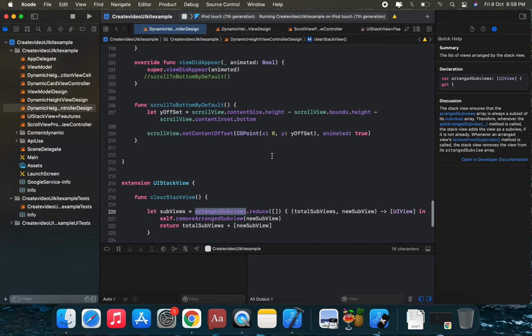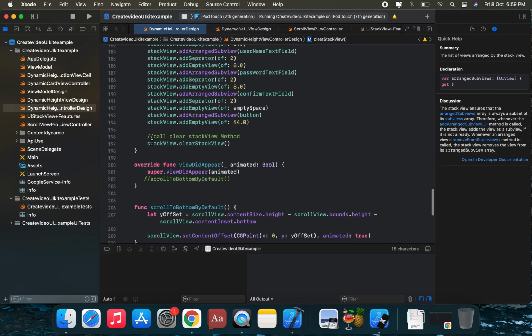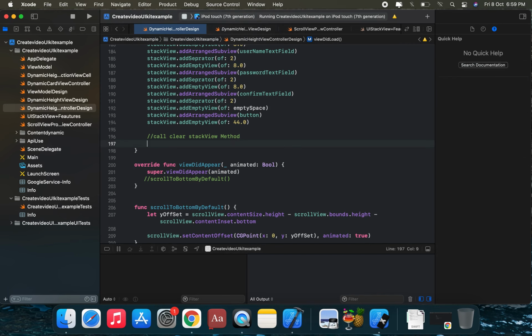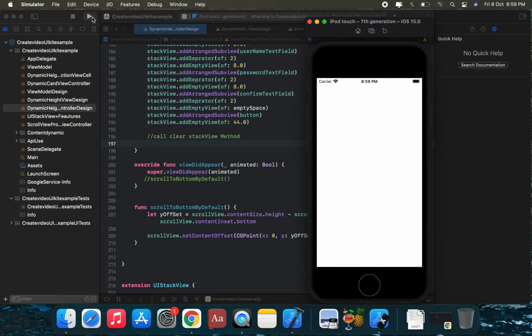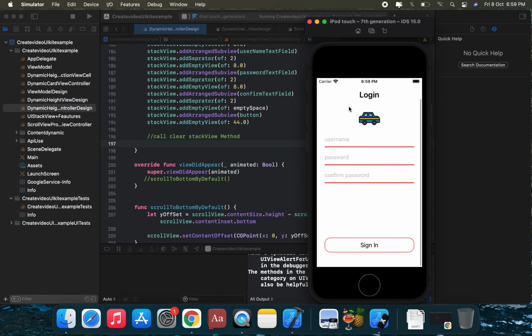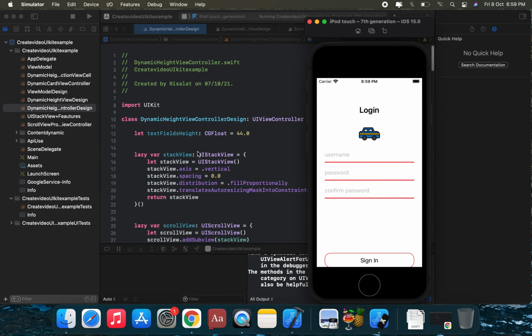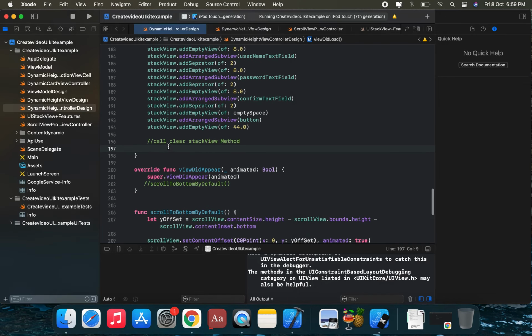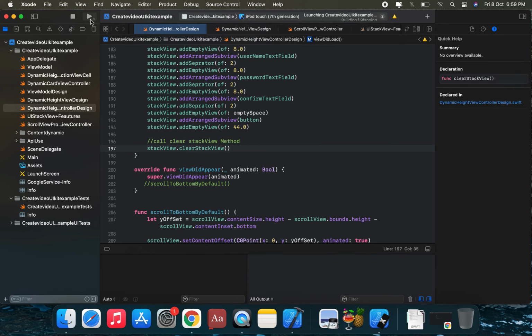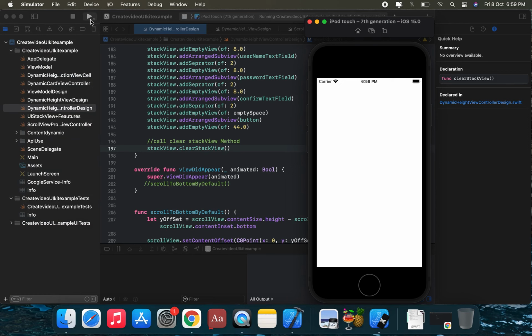Suppose we are not calling this method. When we run this application, we see this content shown in the UIStackView. Now in the viewDidLoad method we call the stack view extension, stackView dot clearStackView. We run this application. Notice that after clearing the stack view, it does not show any element on the UI,